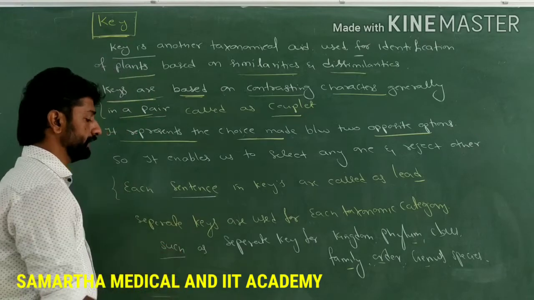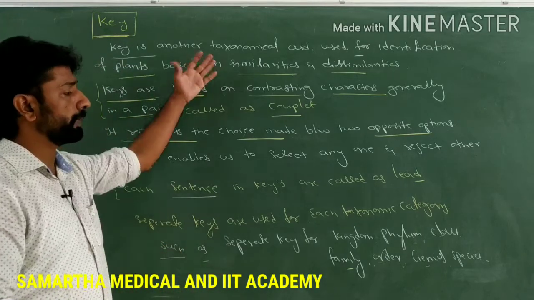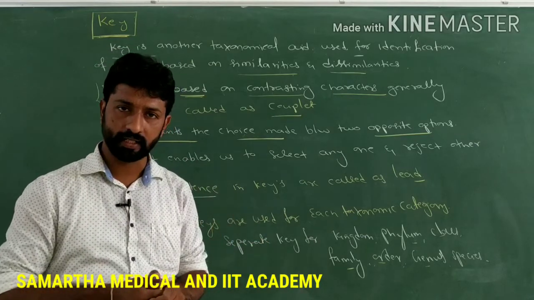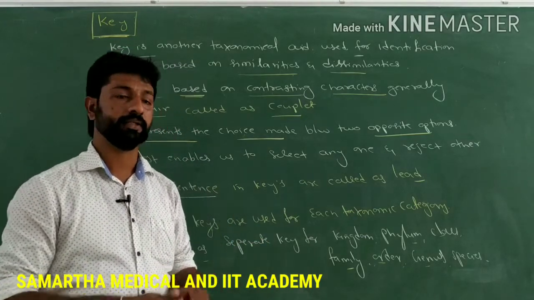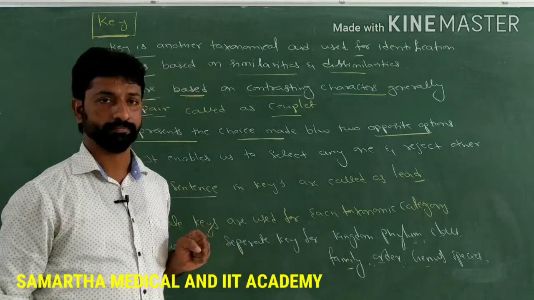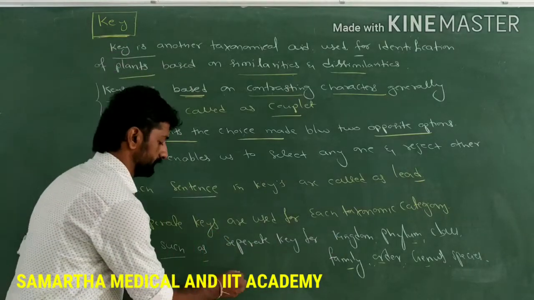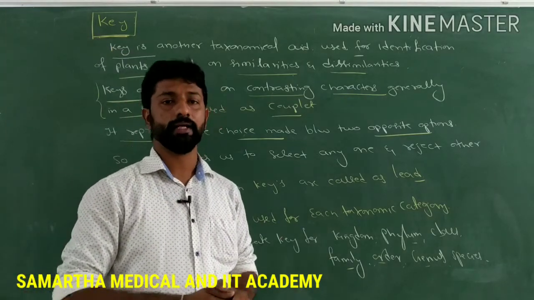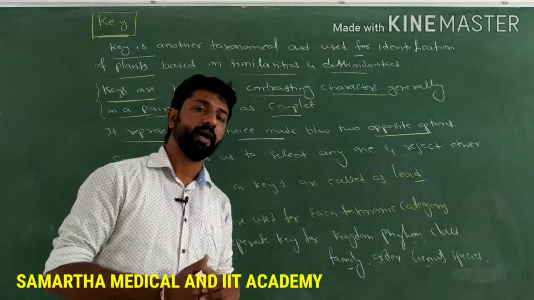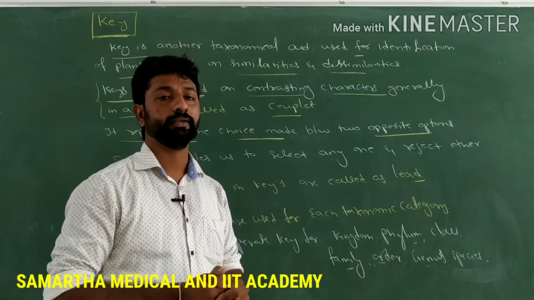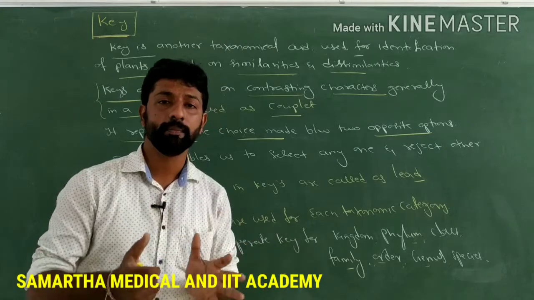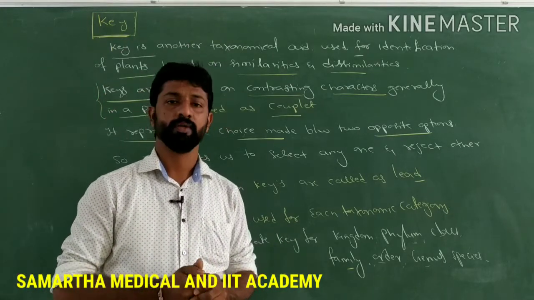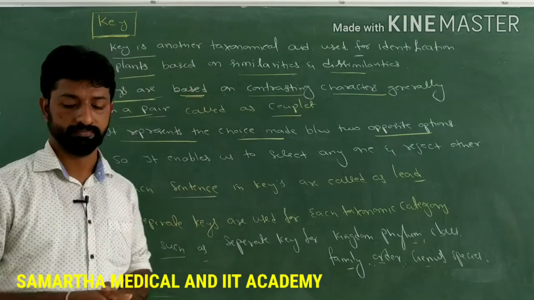So in such a way, in order to place an unknown plant in a taxonomic category or identify its taxonomic categories, how many different keys are required? 7 different keys are required. Is it clear, guys? This is the basic information regarding the key as a taxonomical aid. So let us understand what types of keys there are, and how keys help in identification of the plant based on similarities and dissimilarities. Before that, make a note of these points now.